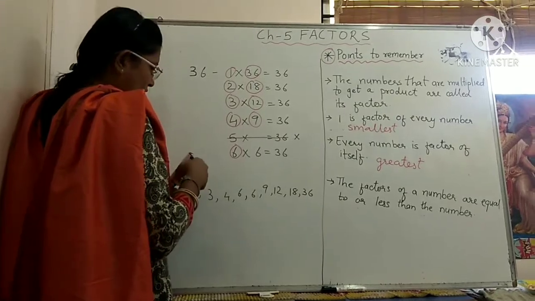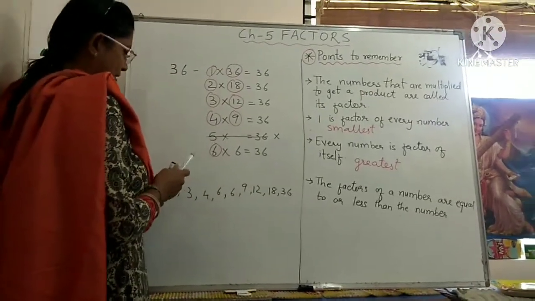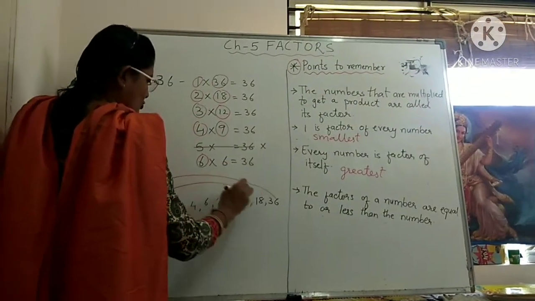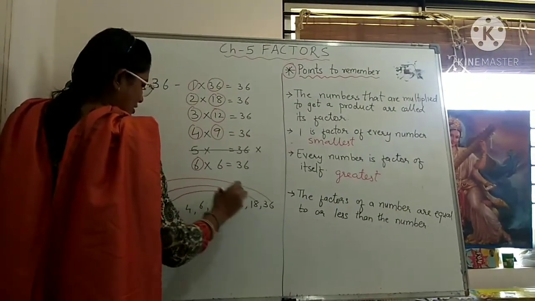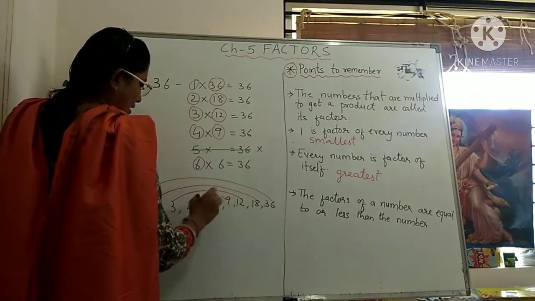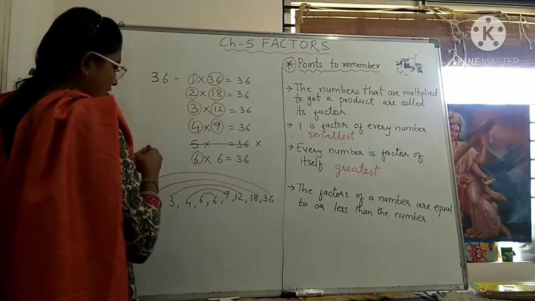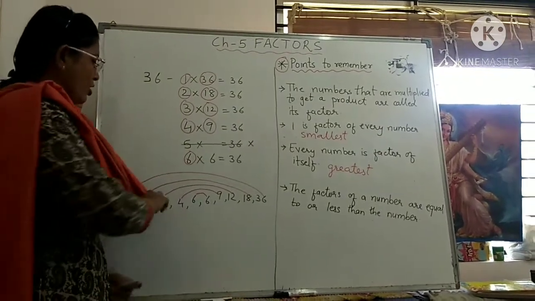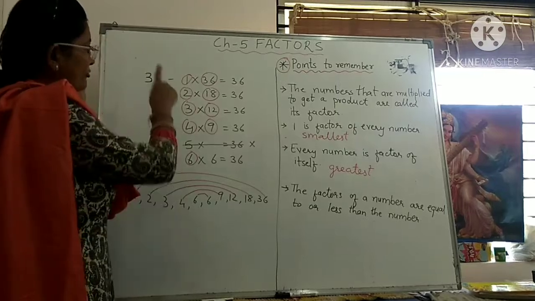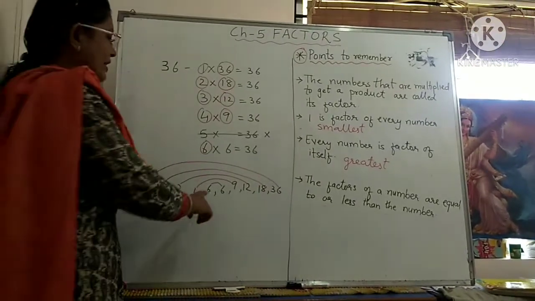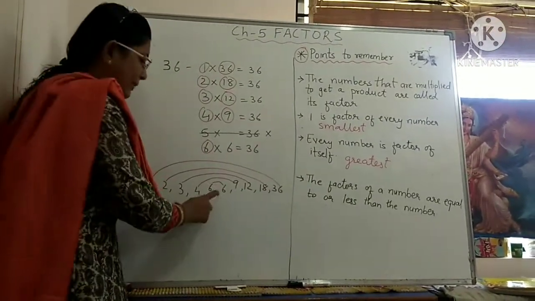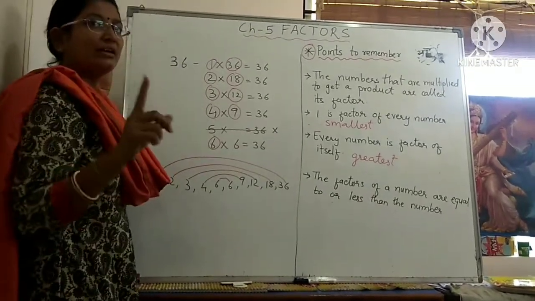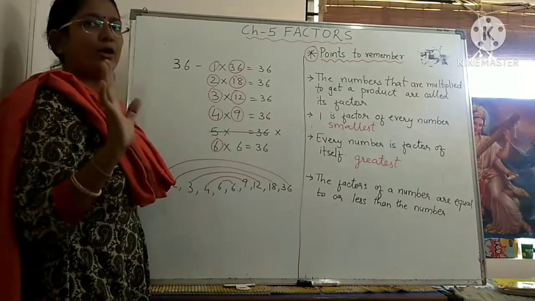Or you can write 6 6 are 36. Okay, now see, always it will happen like this. You can make a rainbow. 1 36, 2 18s, 3 12s, 4 9s, 6 6. Always there will be a pair of numbers. Okay, this is called rainbow. Always there will be a pair of these factors. Single number will come only when the same number is repeating. Like this way you can cross check whether you have done all the things properly or not.